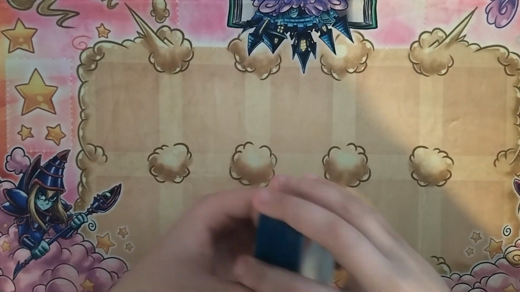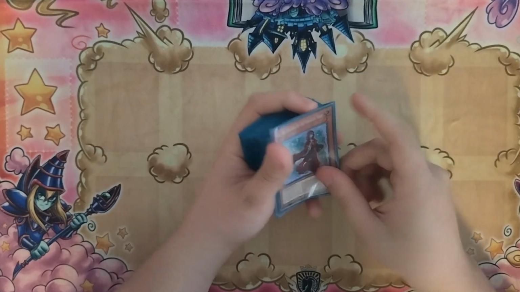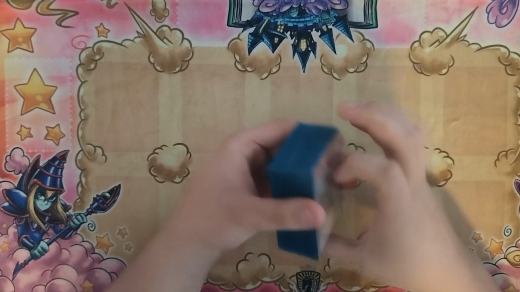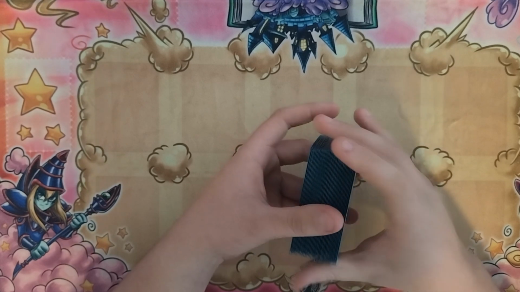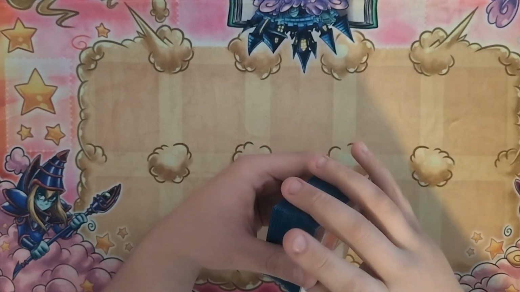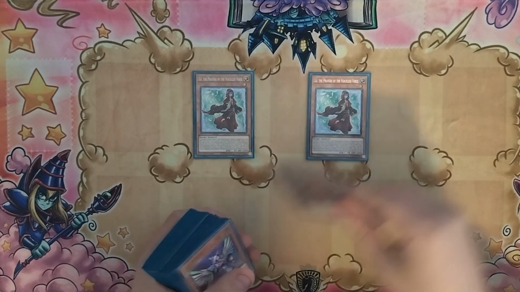But yeah, the majority of my reason for building this again: I took a break from it for a while because I had played it pretty consistently since it came out in Phantom Nightmare, but the hype's starting to die down on the deck now, and I think that's when this deck is at its most dangerous, when people don't expect it. But to get into it, we have the standard 3 copies of Lo, Prayers of the